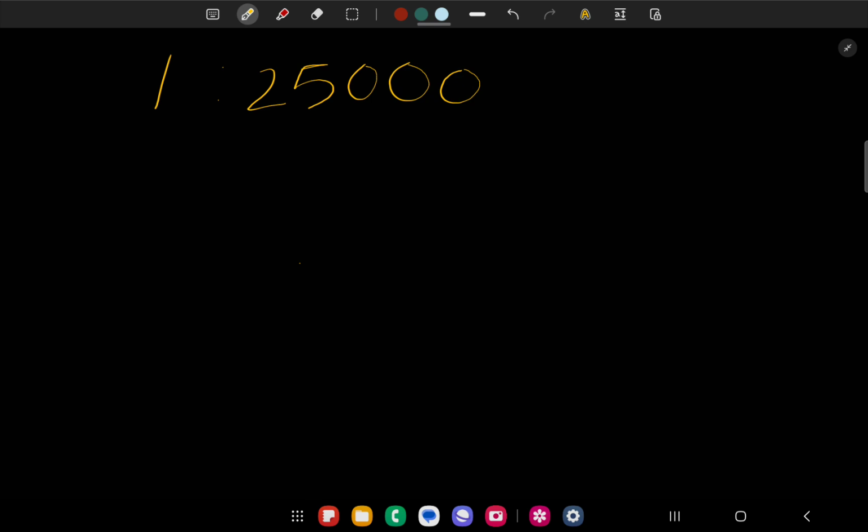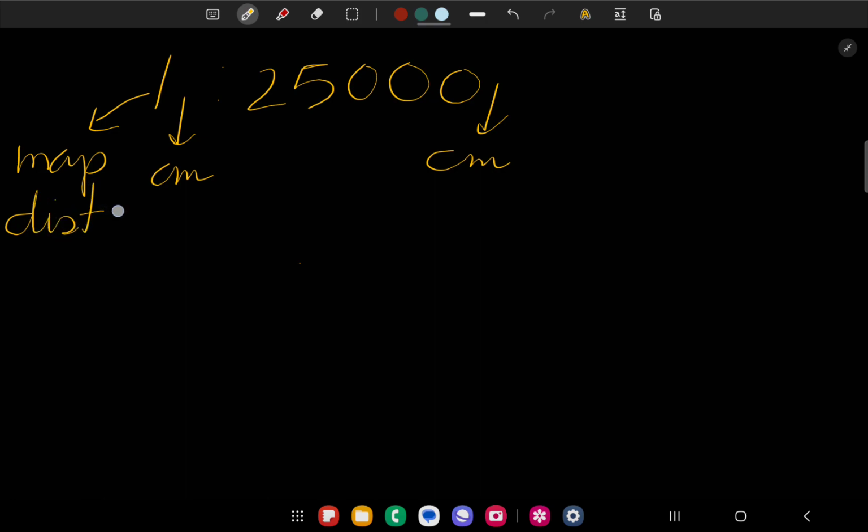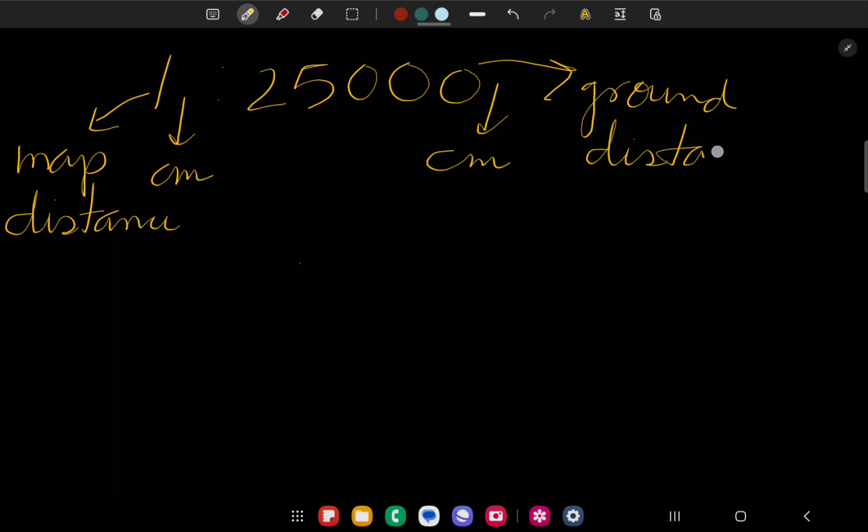Suppose this is a centimeter here also. So we note this is the map distance, and this is the ground distance, the actual distance. So if they ask what will be the ground distance if the map distance is 3 centimeter,